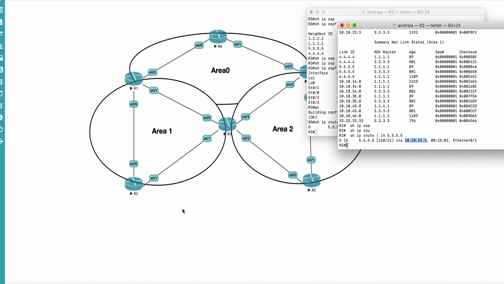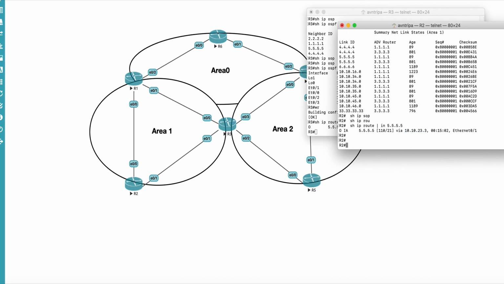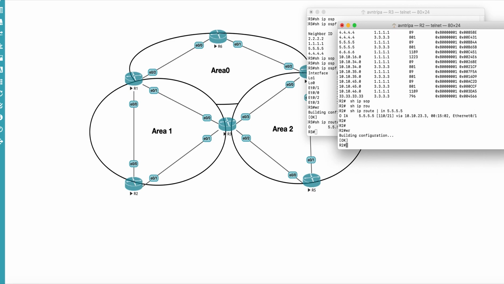This is R3 and the cost is 21: R2 to R3, R3 to R5, and 1 for the loopback. Total cost is 21. So it is using the summary LSA that was given by R3, though R3 does not have full adjacency with area 0, because R2 does not have any link or any full adjacency with area 0 itself, right?